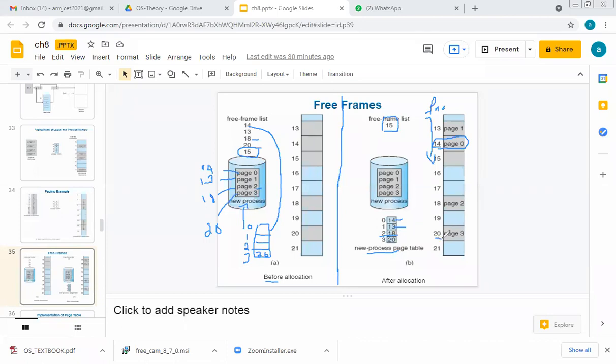Let's check. Frame 20, page 3. It's also correct. Frame 18, page 2. You can check. Frame 18, page 2. That's right. Frame 13, page 1. Frame 13, page 1. This is how free frames are utilized.